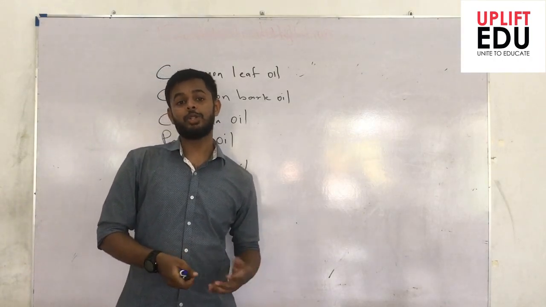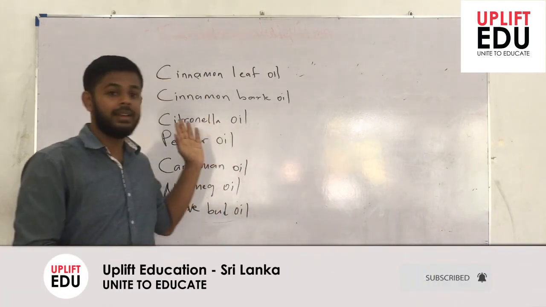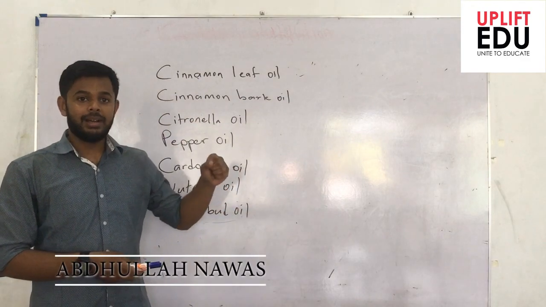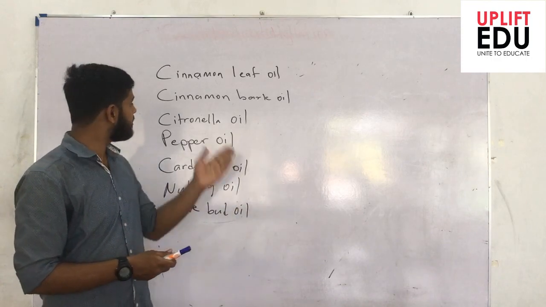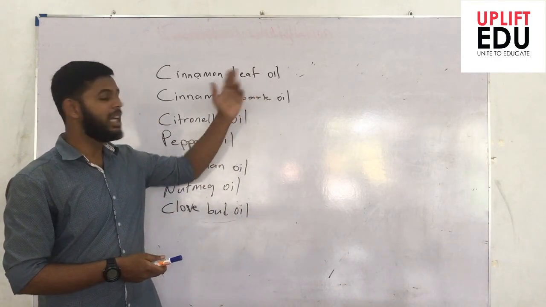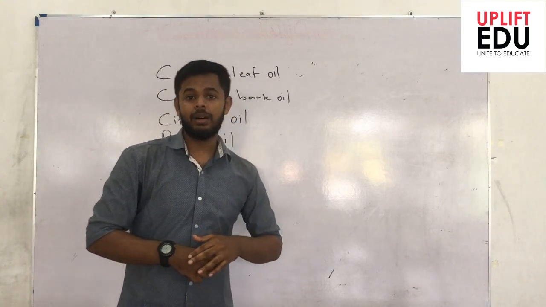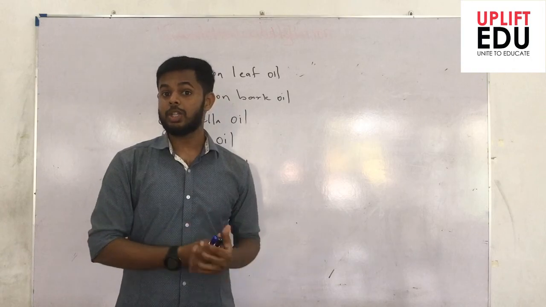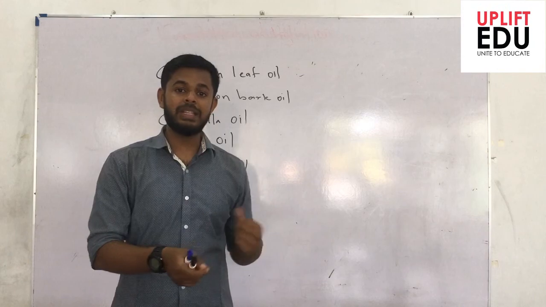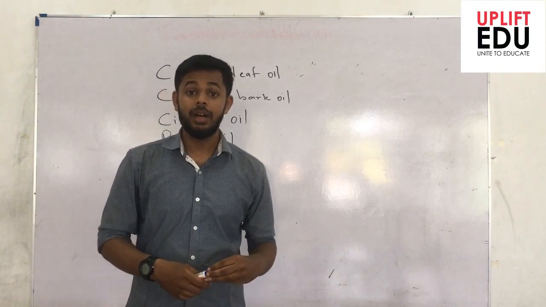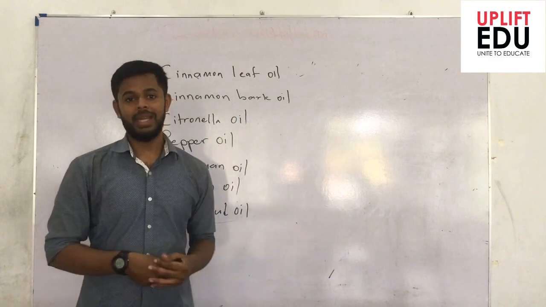And the other one is solvent extraction. We already discussed solvent extraction, especially when it comes to essential oil. Some are extracted by steam distillation, which uses a higher temperature, such as cinnamon bark oil and leaf oil, even clove bud oil and some others. And some other essential oils or plant parts can be extracted by solvent extraction, where they are squeezed and the solvent is mixed with water and some other organic solvents like chloroform, ethane, ethyl alcohol and many other things.